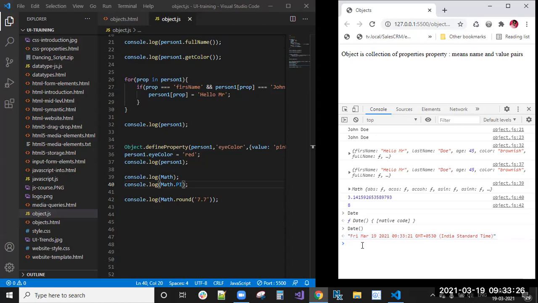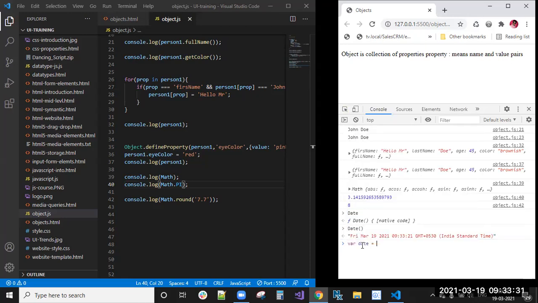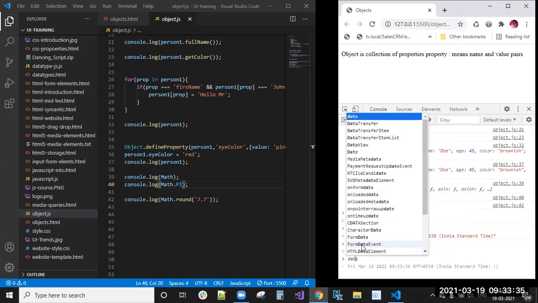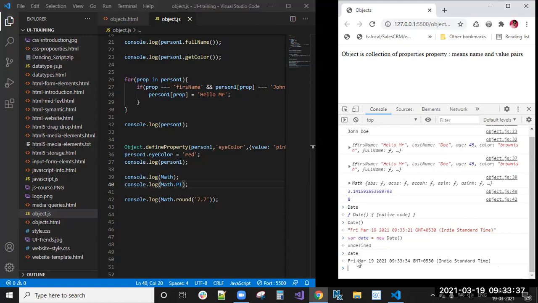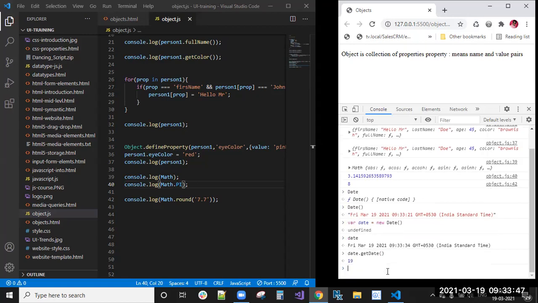How do we access the date object? var date = new Date. Now you can see the date object has methods, like date.getDate. This is one method inside the Date object.